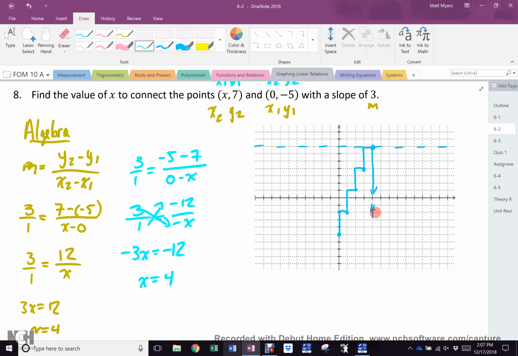Lennon, what was the answer for number 8? For 8, it was x equaled 4. No. Is everybody good? Now,